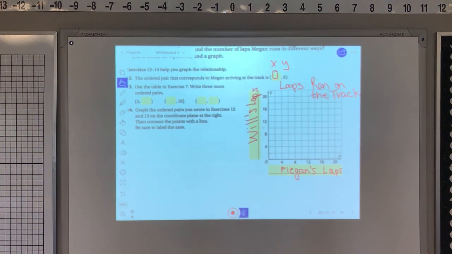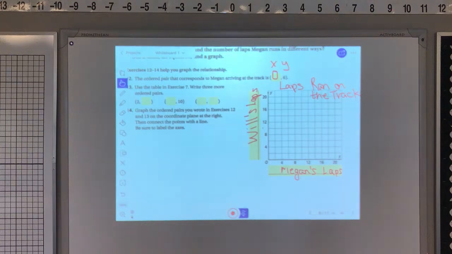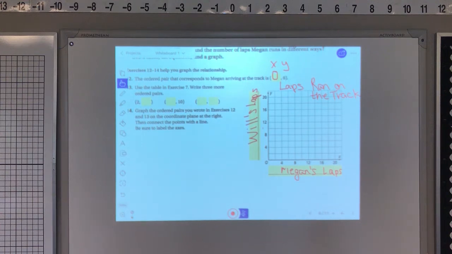So this is part 2 of video for lesson 1.9. We got cut off on the other one, so we're going to continue right where we left off. We were talking about using graphs to display data, and remember, when you make a graph, you need to make